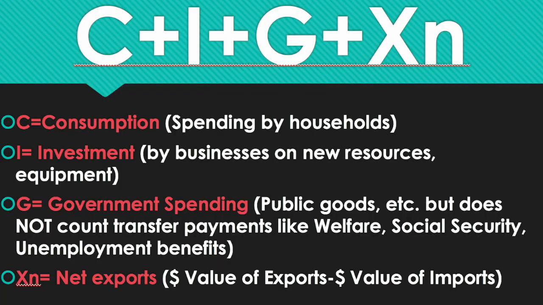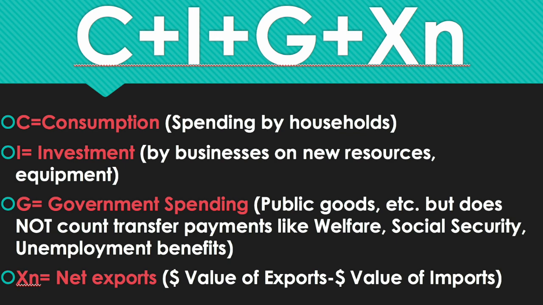We have a lot of producing going on. How can we put just a dollar value on everything that's going on in our 50 states over the course of a year? Well, I'm glad you asked. We use this formula. It's right here: C plus I plus G plus XN. And what that stands for is, basically, we add up these different numbers from different segments of our